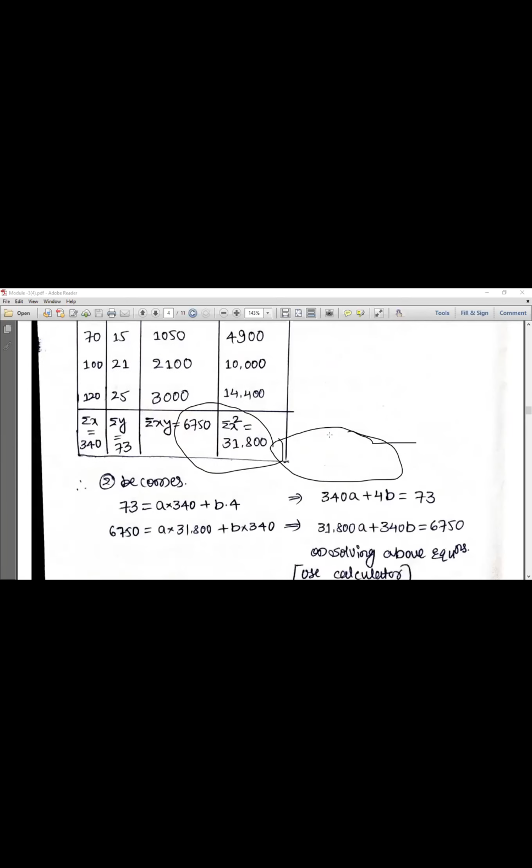This value of a and the value of b, you substitute in equation number 1. So what is equation number 1? This is y equal to ax plus b. I know the value of a, I know the value of b. So y equal to 0.187 into x, plus b is 2.275. Here in the calculator you get 4 digits, 5 digits after the decimal. So fix it to 3 digits, so everyone will get the correct answer.